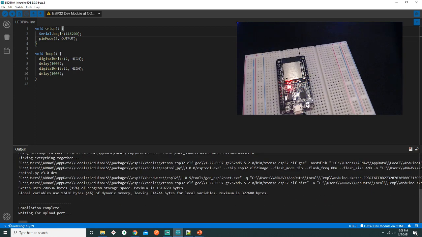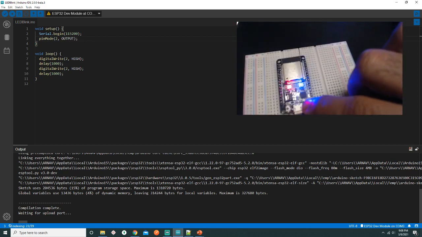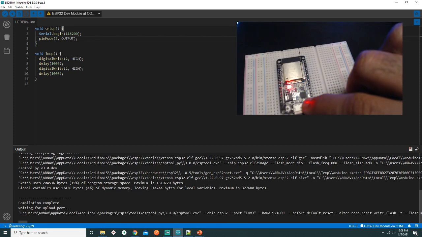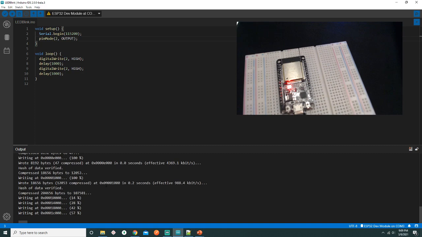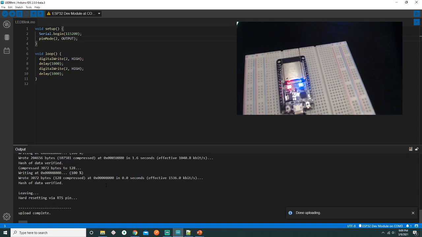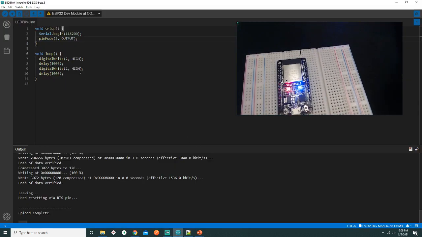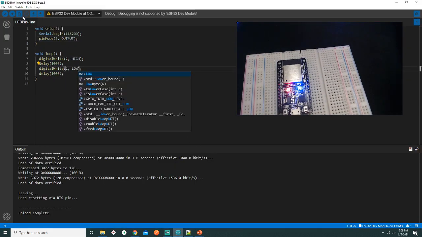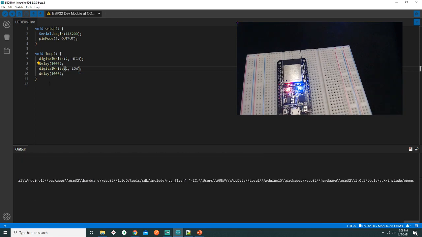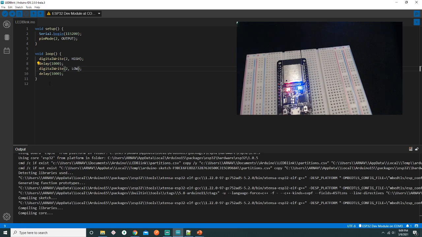It is waiting for the upload port. Earlier I remember it was pretty fast. Now it's asking to connect. Let me press the boot button. Okay, the upload is done. Okay, my bad. I should have written low here and then re-upload it. So guys, I believe the IDE works fine and there are no major issues, but then